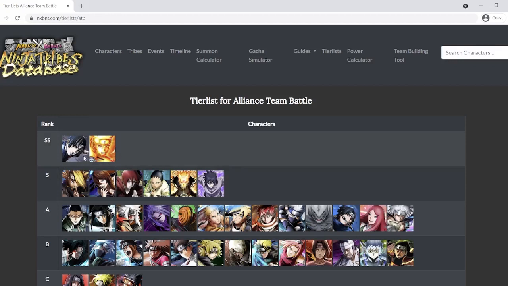So at SS rank, we have Sai once again. I'm not really going to go into detail too much because we've seen him on every single list so far. He's always SS, or in the case of Ninja World Tournament, maybe slightly less. But he's so good because of his chakra generation, and for timed modes like FG and ATB, where you have limited turns to do as much damage as possible, you really need the chakra generation so that your units can